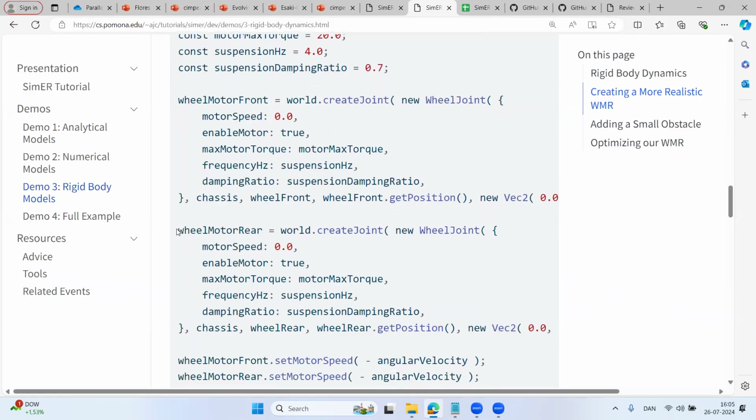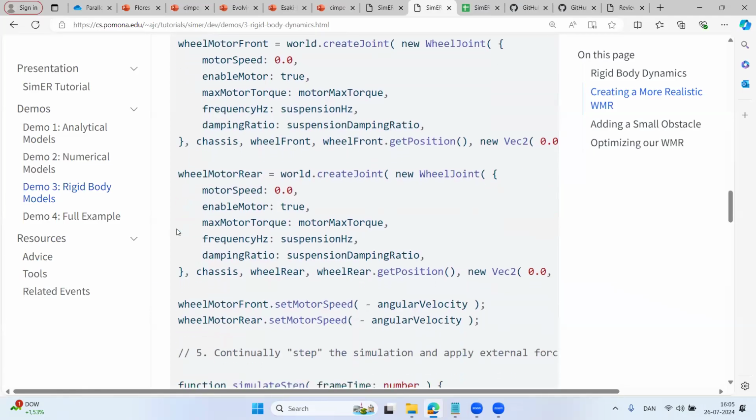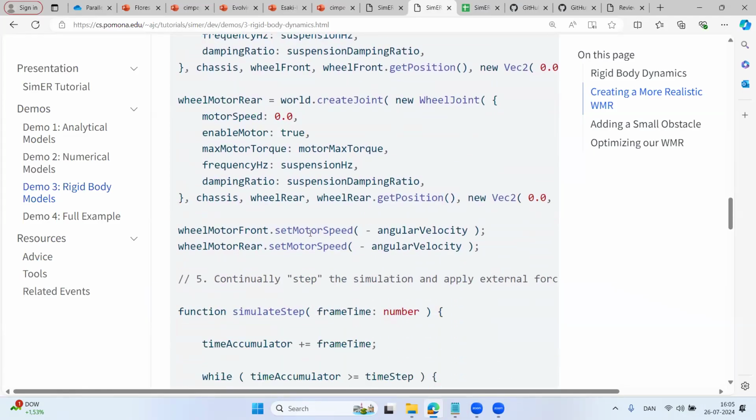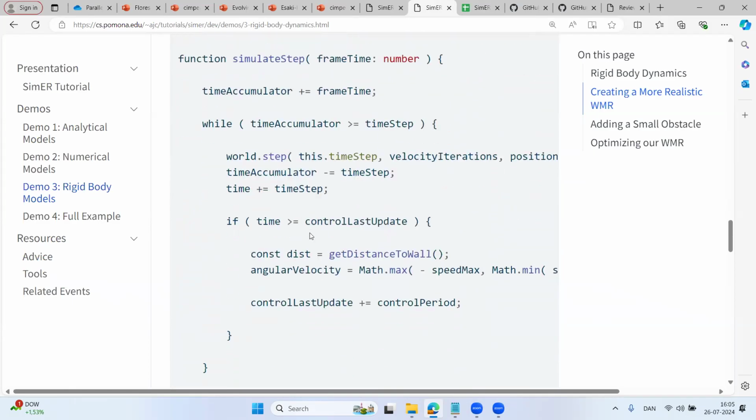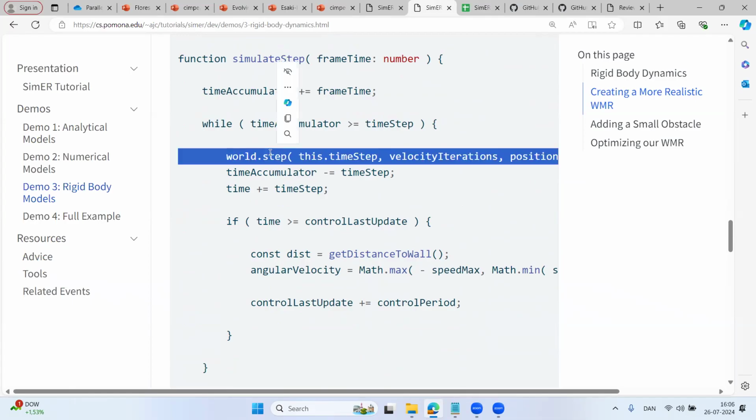Other dynamics engines will have slightly different concepts here. Like it may not have a wheel joint. Instead, you might have to use a revolute joint, and then you have to manually implement a motor on top of it. So I'm just kind of cheating here and just using a physics engine that I know works pretty well for this type of thing. And I can just set the motor speeds. And my simulation algorithm here, like the high level here, looks pretty much the same as what I had before. This is the only line that's different. And instead of me doing the numerical integration, I'm just saying, hey, world, take a step.